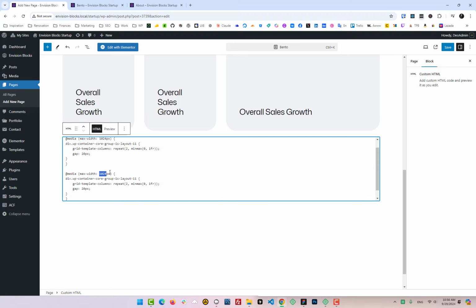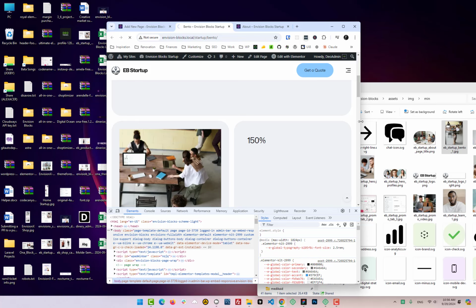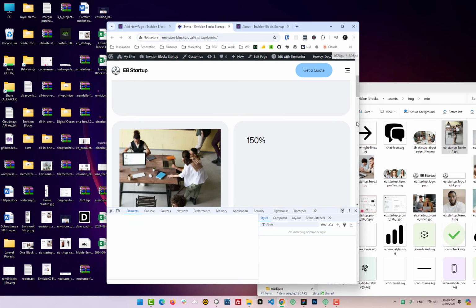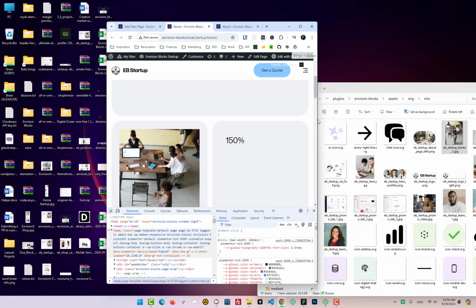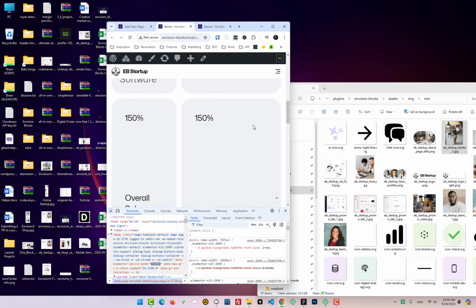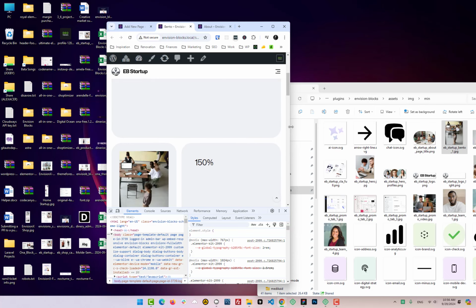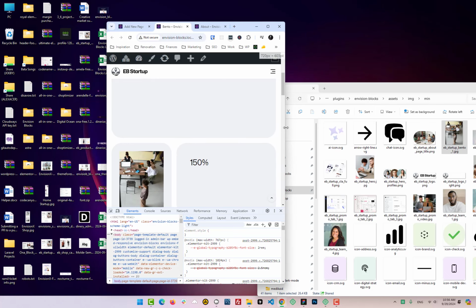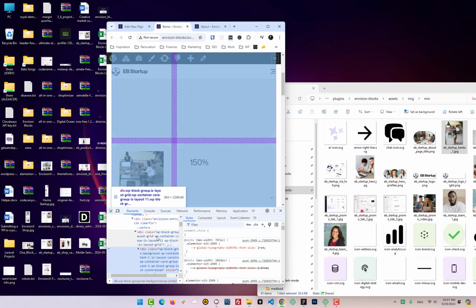maybe below, let's see, 782, we can apply something like 1 column right here. Let's try it. So below 1024 we have 2 columns. Let's shrink more, below 700. And yeah, unfortunately it did not work,